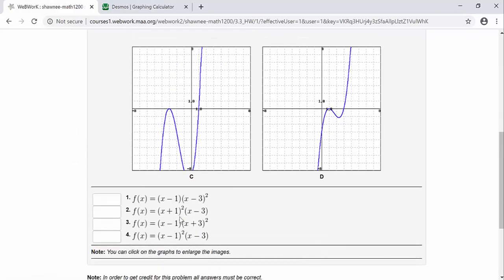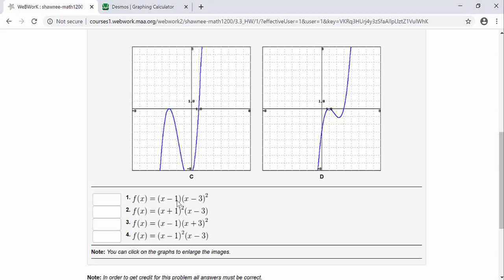So let's look at number 1. The function f of x equals (x minus 1) times (x minus 3) squared. Well, each factor determines one x-intercept. So if x minus 1 is a factor, then the number 1 is going to be an x-intercept. We've seen this several times: when we set the function equal to 0 and set each factor equal to 0. So for number 1, if x minus 1 equals 0, then add 1 to both sides, you get an x-intercept